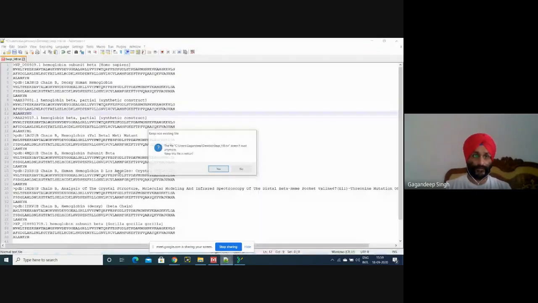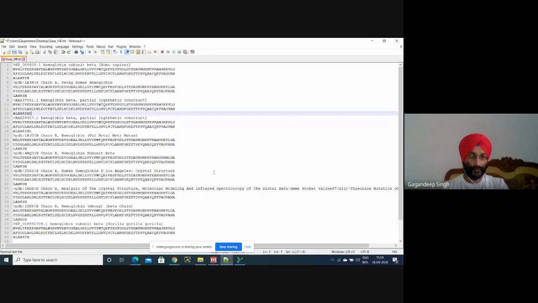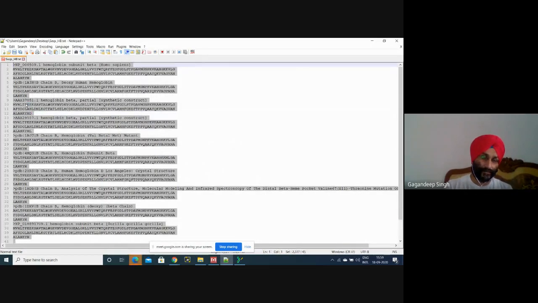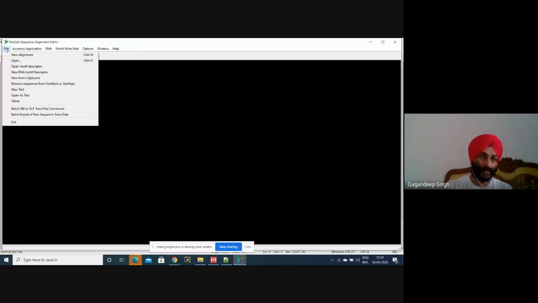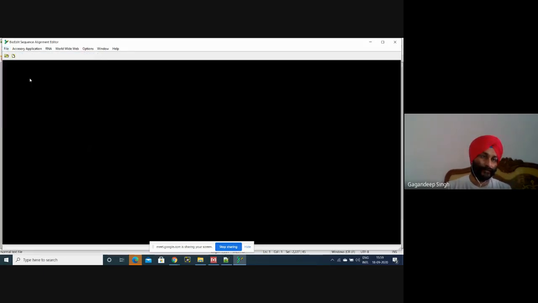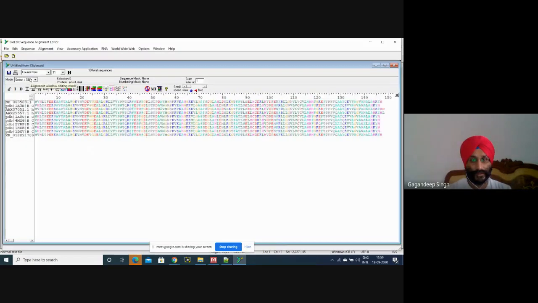Now select all by Control A, then copy, then go to BioEdit, File, then New from Clipboard. Here some sequences are visible.